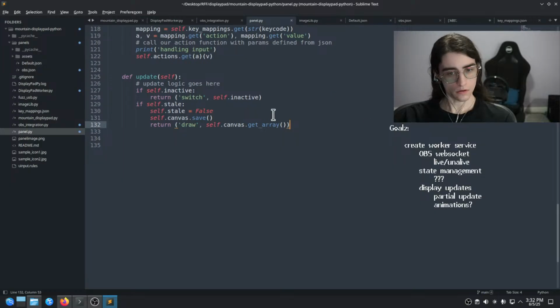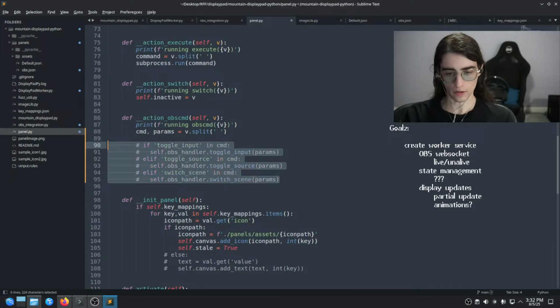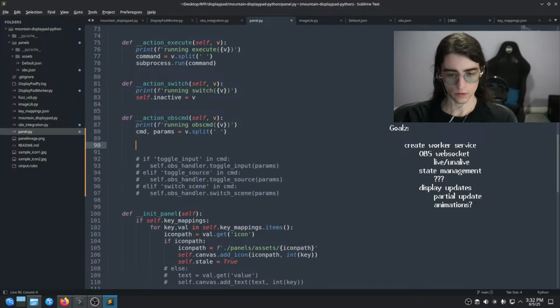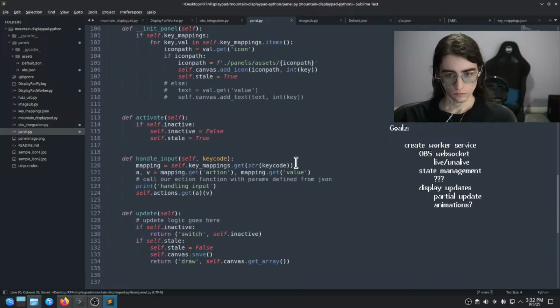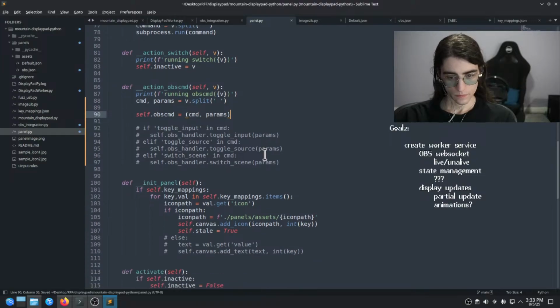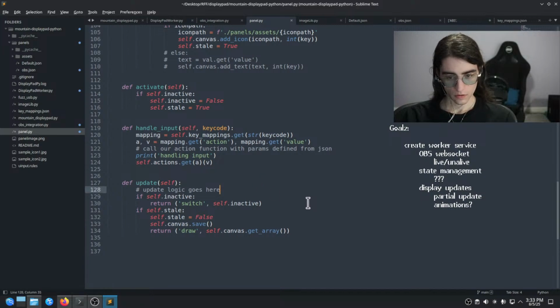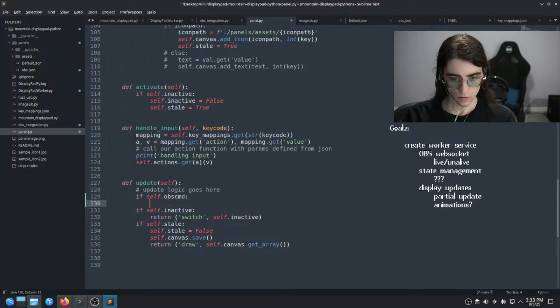So yeah, let's go ahead and set this up so that the panel returns the value. Okay, so I'm not going to get rid of that because I spent time typing it. What we're going to do is self.obs_cmd equals, and then under the update, we can do if self.obs_cmd, then we can return